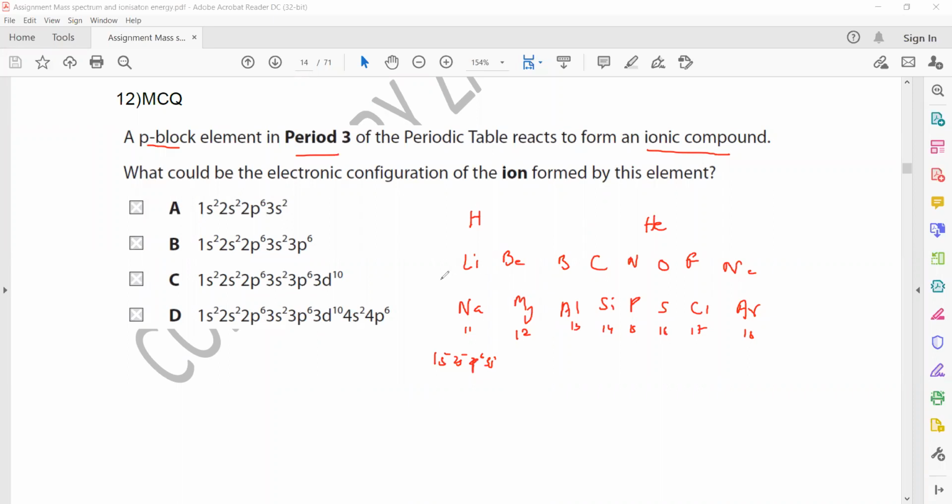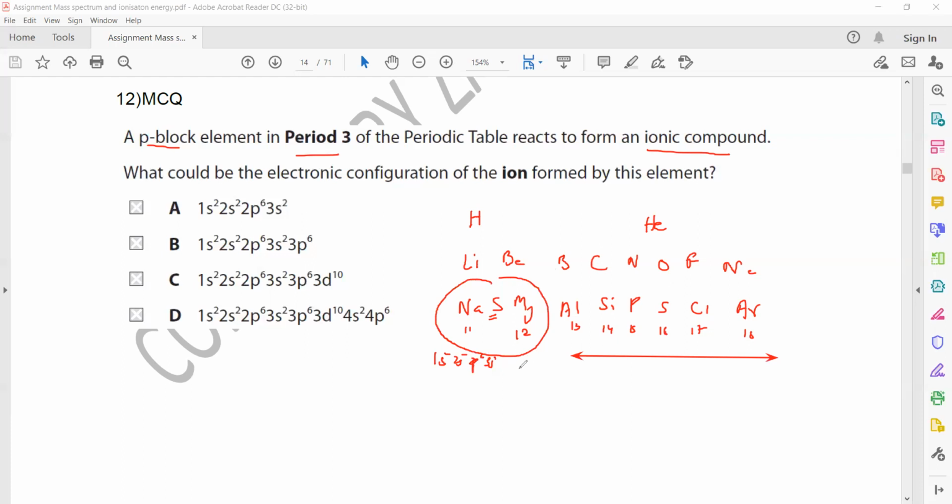So it cannot be sodium or magnesium. Why can it not be sodium or magnesium? Because when you check the periodic table, they are S block elements. So the answer can be aluminum, silicon, phosphorus, sulfur,